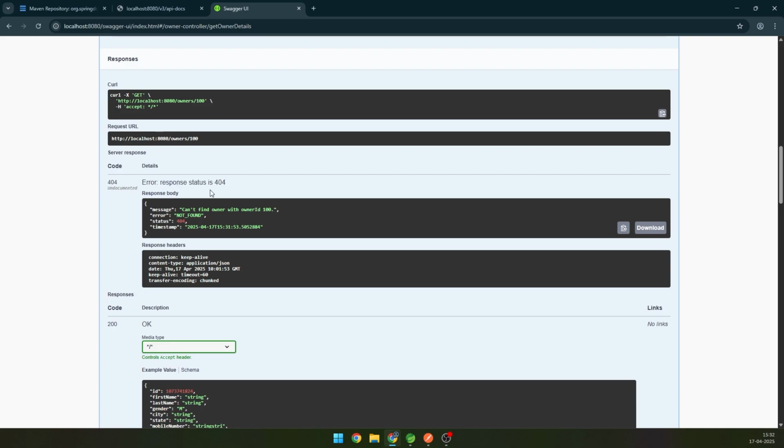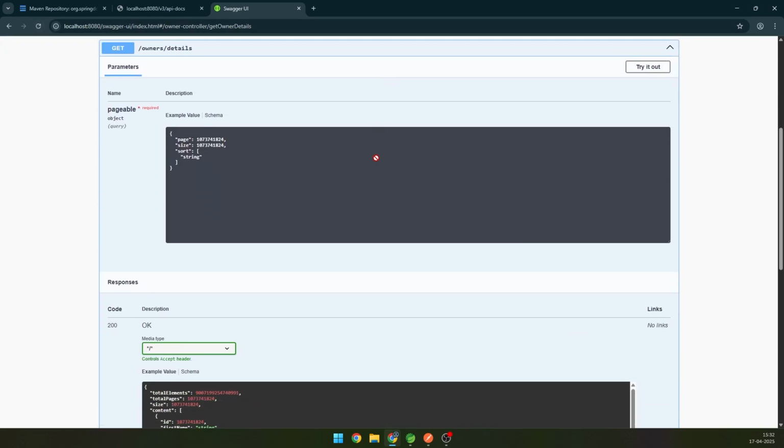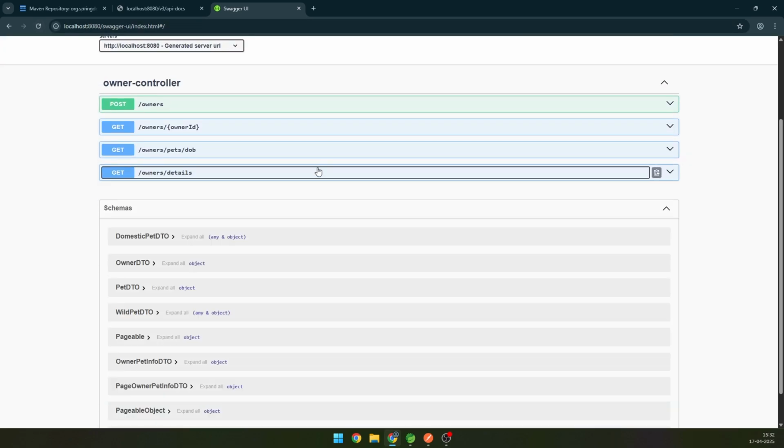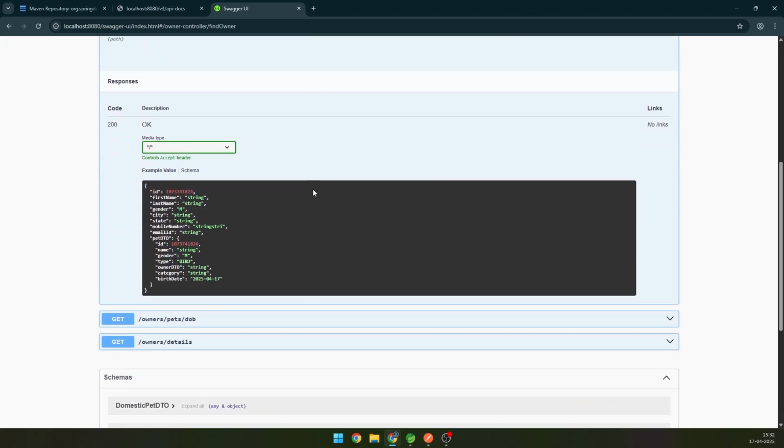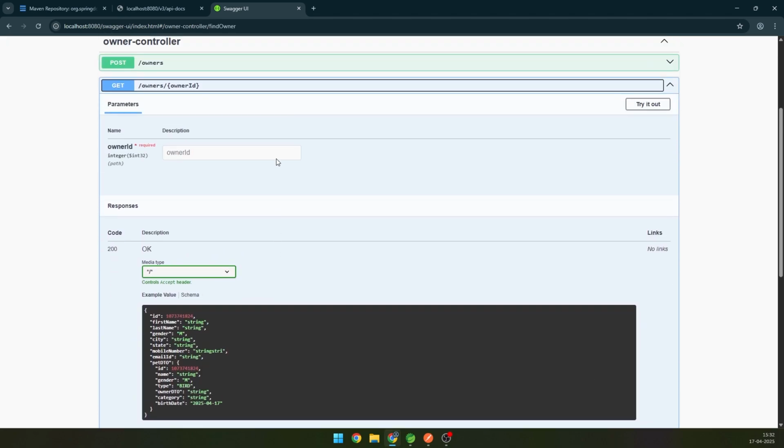So by default, this 404 was not visible. After I made a mistake, only then did I come to know that there is something like 404. And it is going to show me this kind of error response. So again, this is coming fine. But the moment I refresh it, let's see whether it is still there or not. So we will go back here. Again, it is showing 200 OK only. So the thing is, by default,